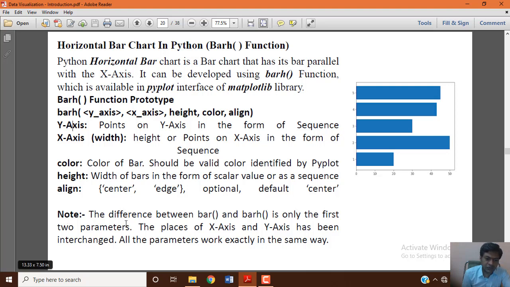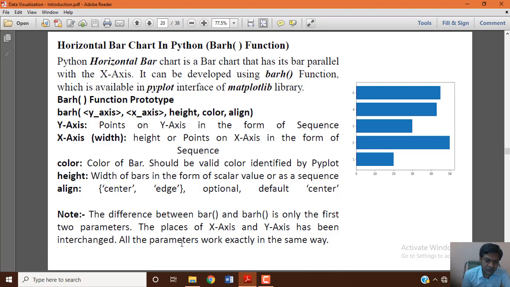Now, the difference between the bar and barh functions is only the first two parameters. So what's the main difference between the bar function and the barh function? The first two parameters are the x-axis and y-axis. In the bar function, the first parameter is the x-axis and the second parameter is the y-axis, whereas in the barh function, the first parameter is the y-axis and the second parameter is the x-axis. The places of the x-axis and y-axis have been interchanged.